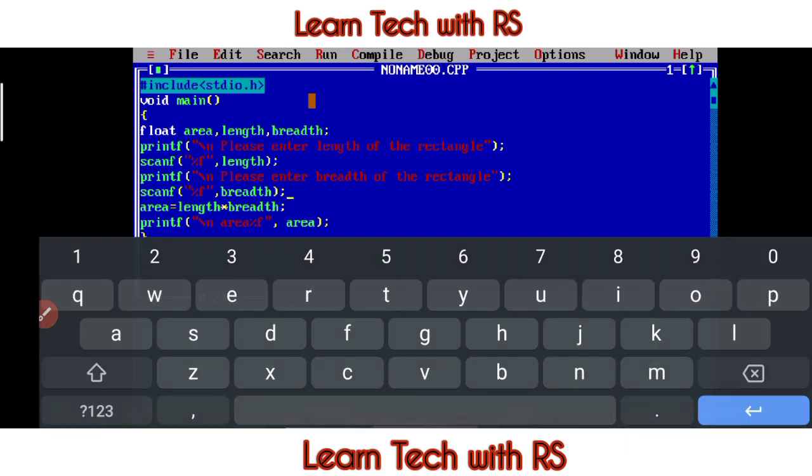Okay, let's try with clearing these things.